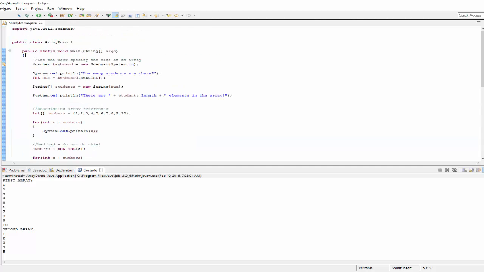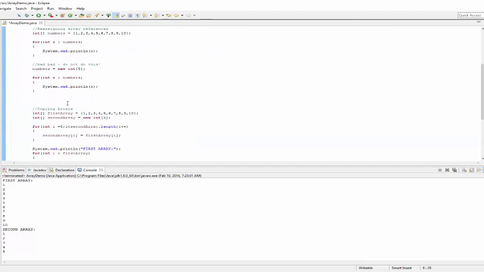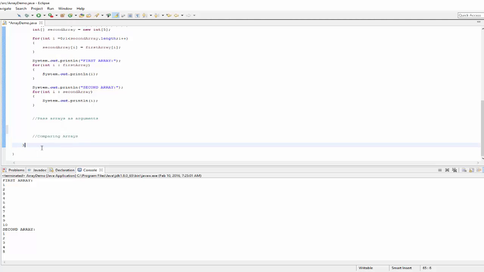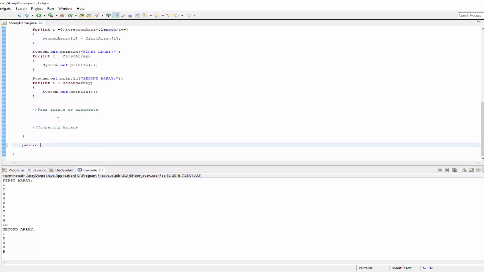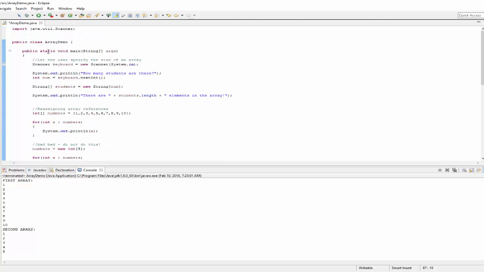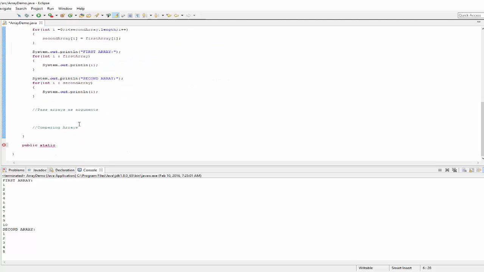So we need to go outside of the main method here and write another method. So let's write a method header outside of main, but still inside of the class file so that it works and compiles. It's going to be public. We're going to call it static because we're going to call it inside of a static main. It's a public static method. It's not going to return anything. We're going to call it show array. We're going to accept an integer array called my numbers,